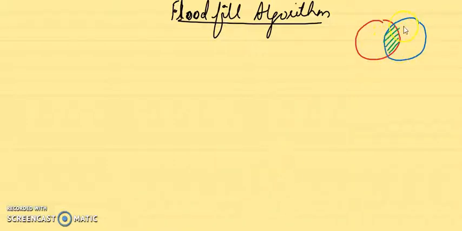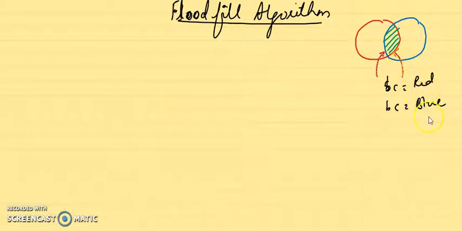So in that case, my boundary fill fails as there are two different boundaries here, one with a blue and one with a red. So in this case, my boundary color is equal to red, and also my boundary color is equal to blue, and our condition for boundary fill checks for only one boundary color and no multiple colored boundaries. So this is where our algorithm fails, that is for boundary fill algorithm. So we move on to an improvisation, that's flood fill algorithm.